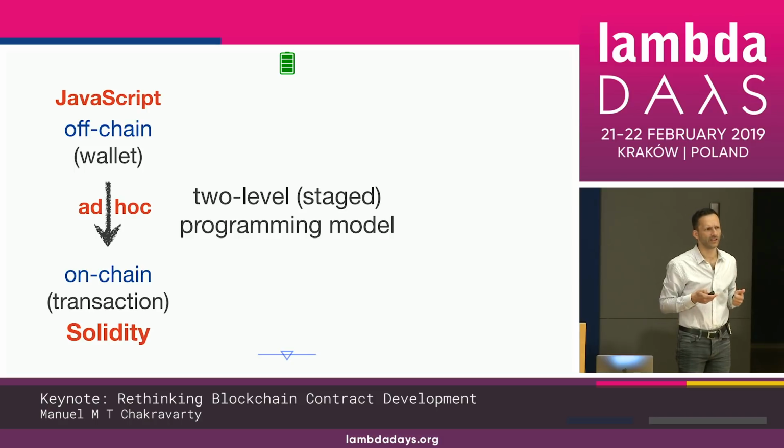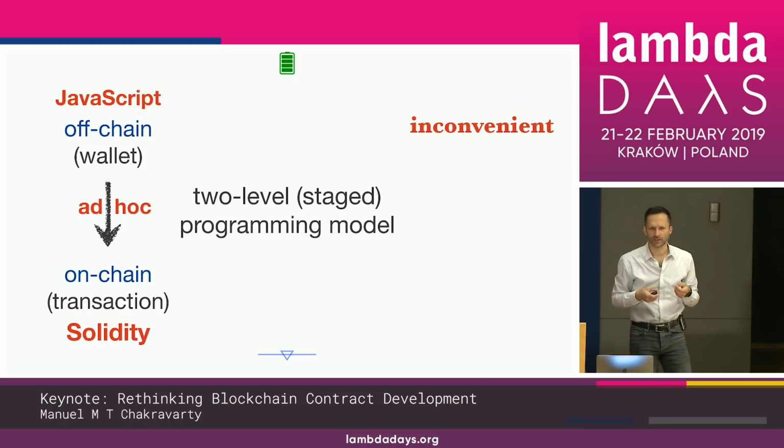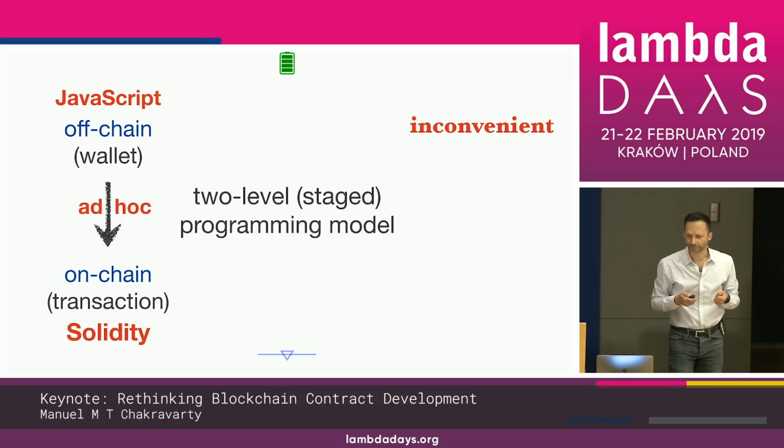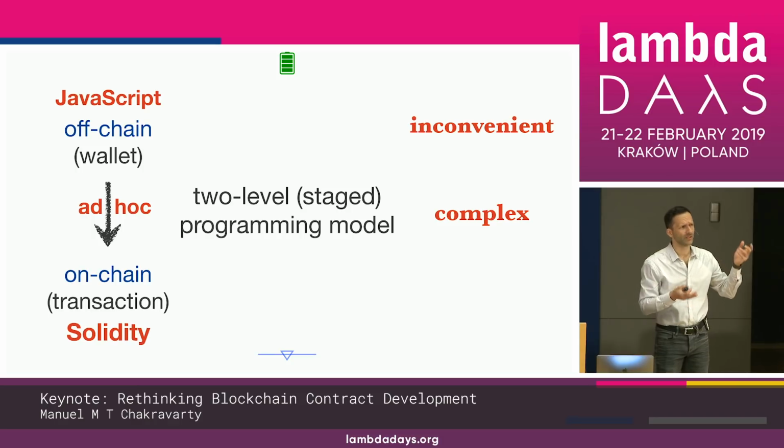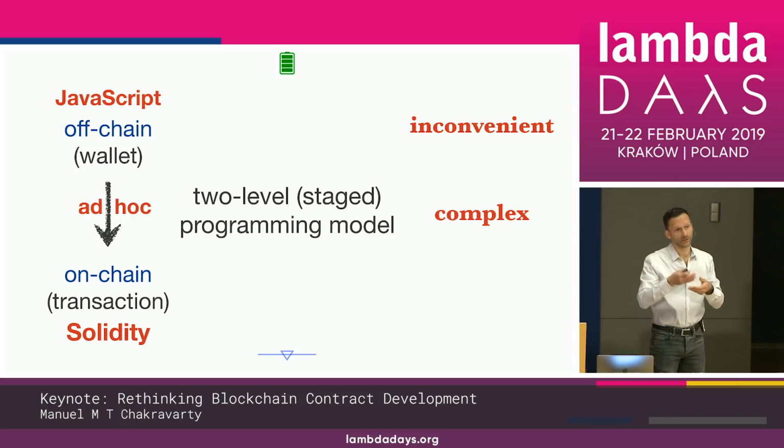It's very inconvenient. You have to use two programming languages for starters, both of which are questionable. It's very complex because this protocol comes in between. If you have some code, which happens very often, the on-chain code you pay for, its execution needs to be paid for as part of the transaction fee. So it's actually costly. So you don't want to do expensive computations there.